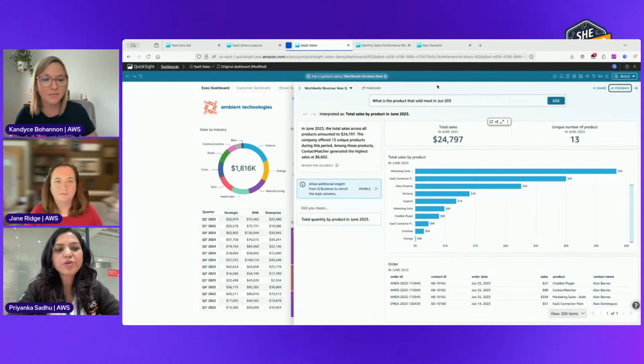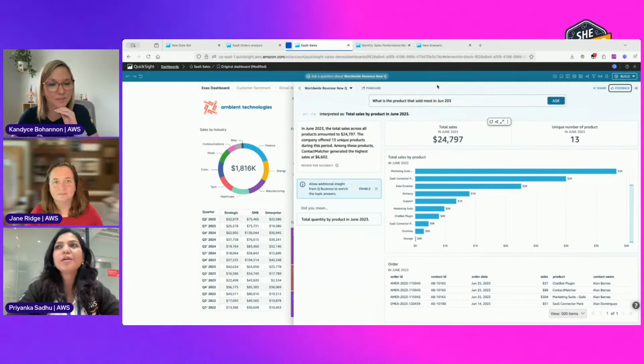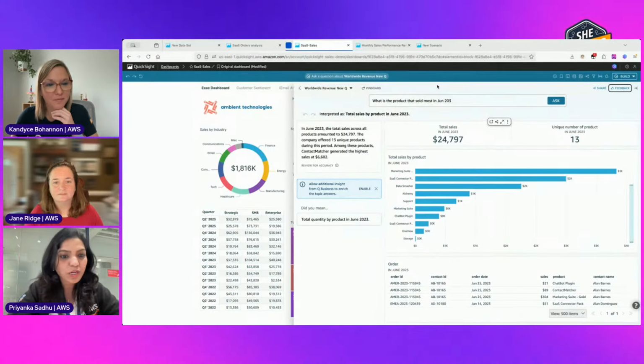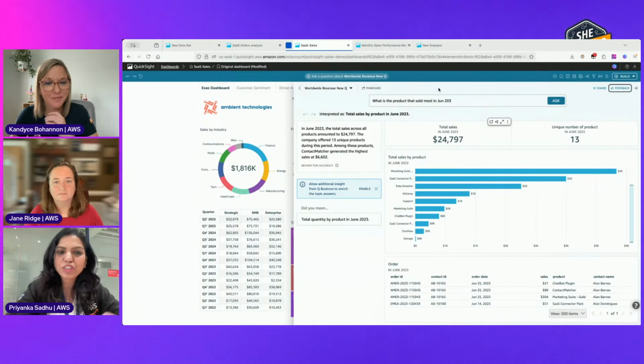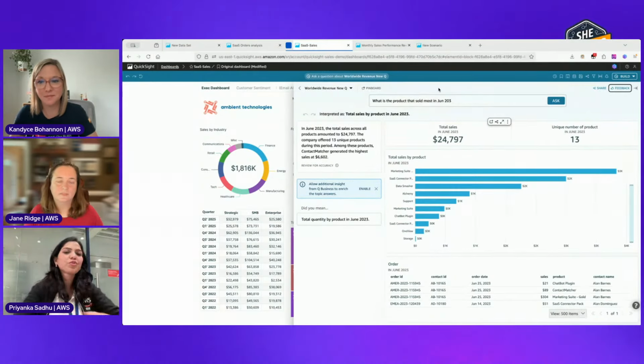So the better you give it instructions, the better it behaves and the better prompts and answers you get. I've seen many times customers telling me, hey, it doesn't work because I'm asking something and it's answering something else, and I'm like, did you try adding more context to your data so it knows how to answer it? It's like how you would give more context to get the right answer.